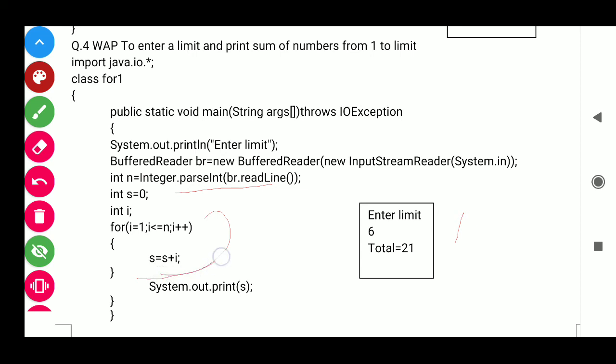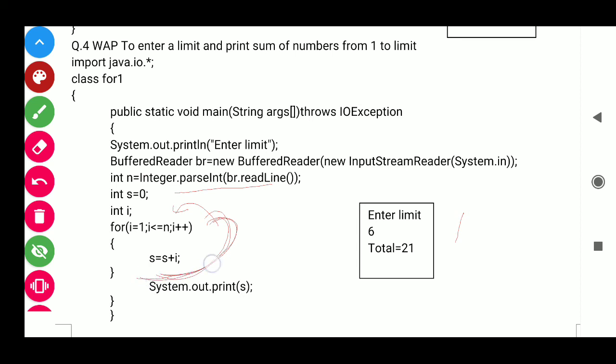By this way, it will go and go and go, and it will check the condition, till condition is true it will execute the for loop. The time will come when i will become 6. Then 6 less than equal to n, yes, condition is true. Again it will get inside, and 6 will be added to s.